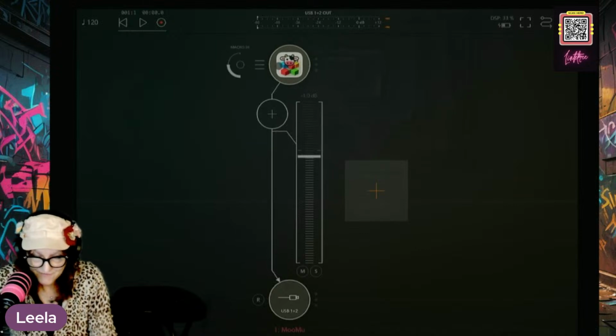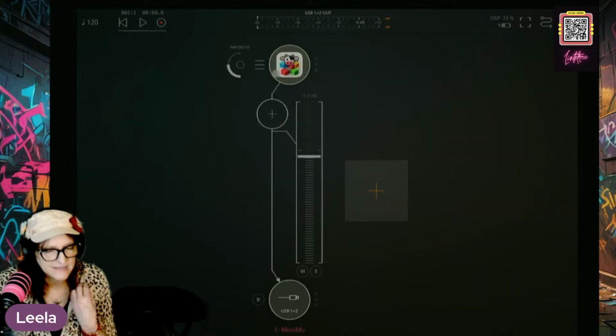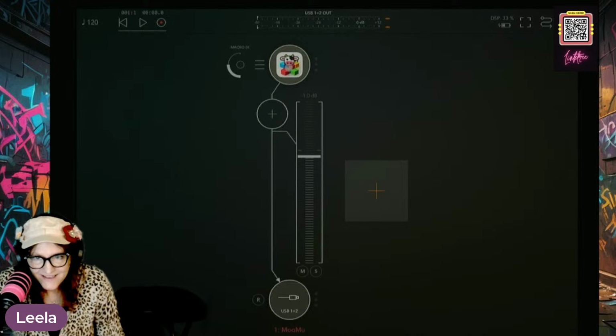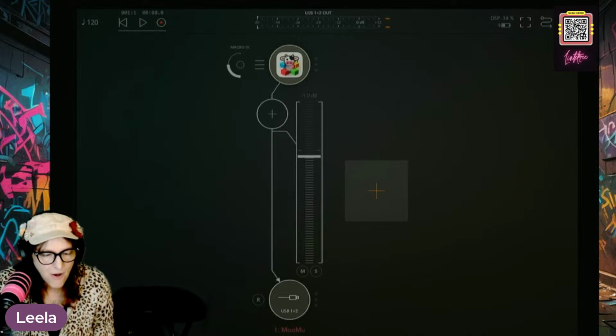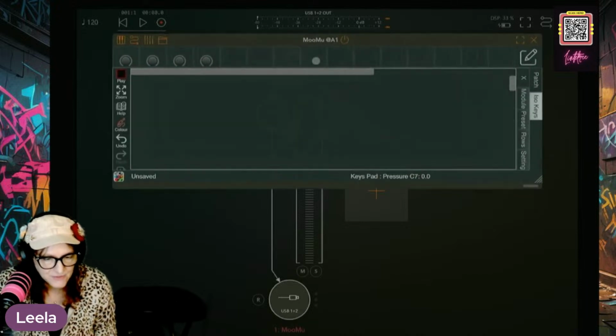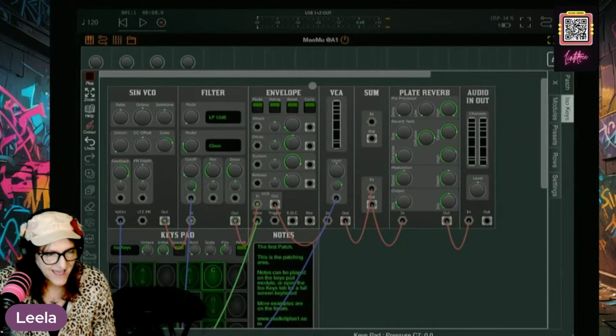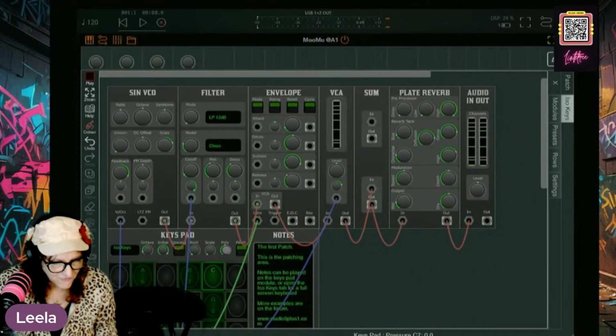I probably aren't even going to have the chance to touch on MIDI and stuff. We're just making patches. I am on an iPad. That's what this show is all about. Here we go. Now look at that. Same stuff.